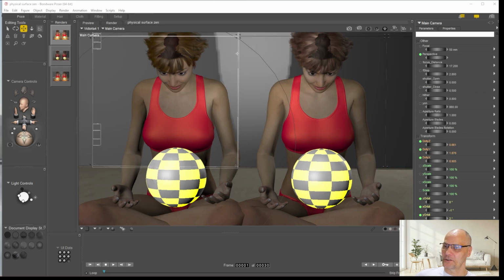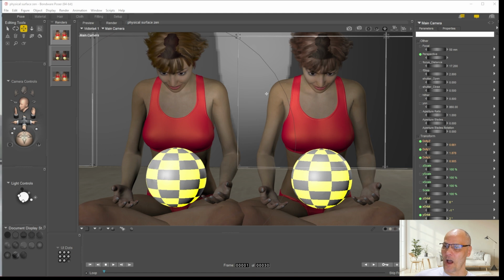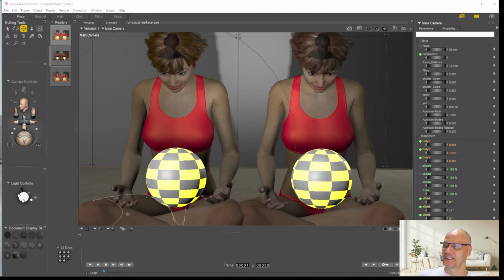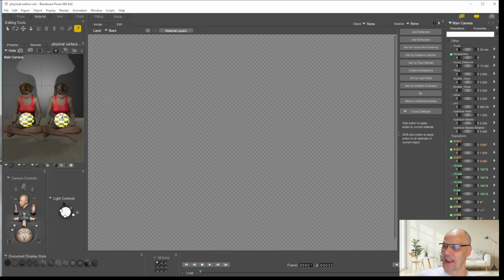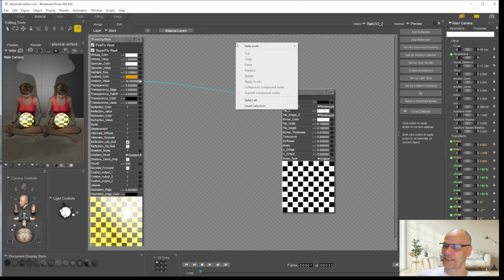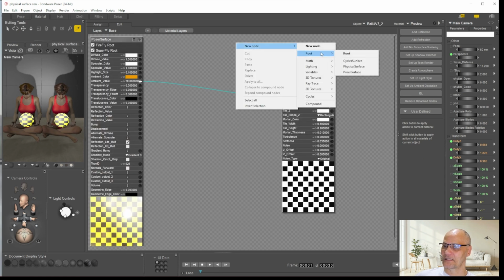Hello my friends, what I'm going to do today is show you how easy it is to set up physically based surface materials and explain why it's important that you might want to consider them. Poser has three material engines. It has the PoserSurface, it has here in the root node a CycleSurface, which is very complicated, and then we have PhysicalSurface. So what PhysicalSurface does is it gives you an easy way to create materials that will look good in